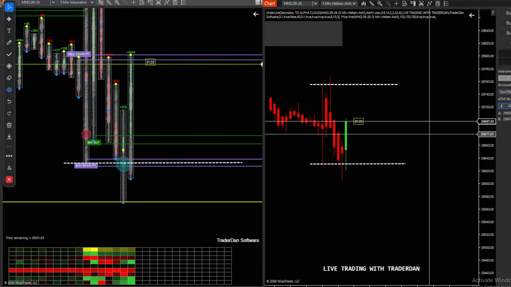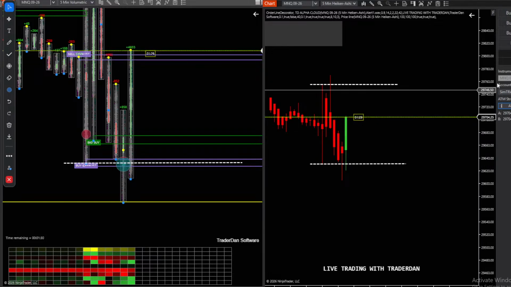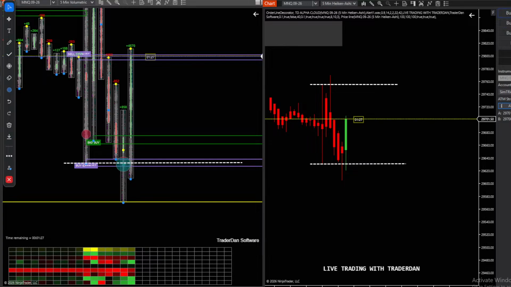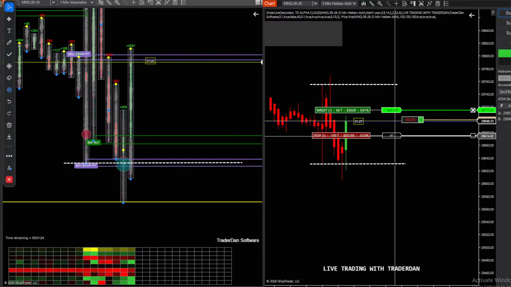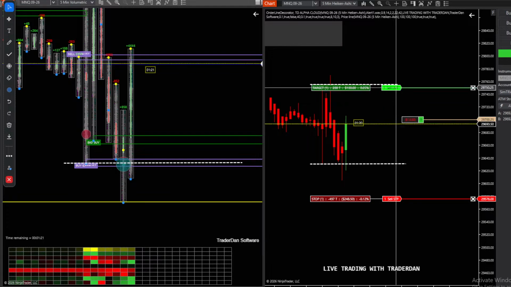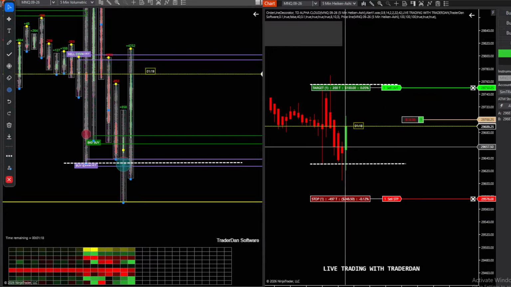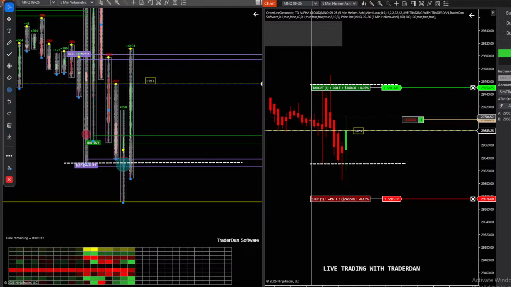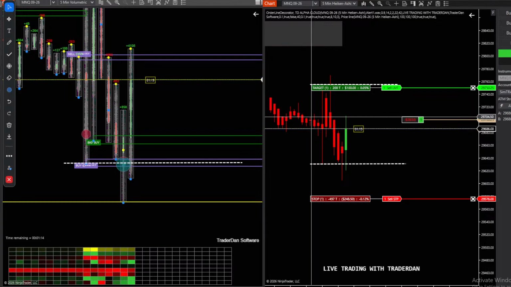Here we go again. Getting bid 4,300 contracts. I'm going to put in just one here. We're going to limp in with one contract. We'll see if we're hitting that midline of this area. I don't know if they just suck buyers in and they rip it back down. Your guess is as good as mine, but